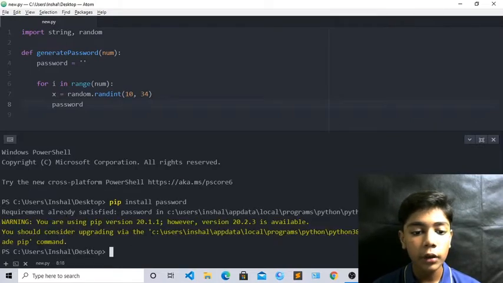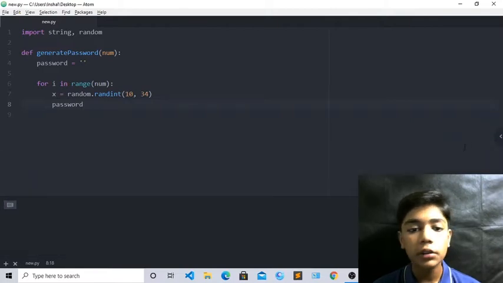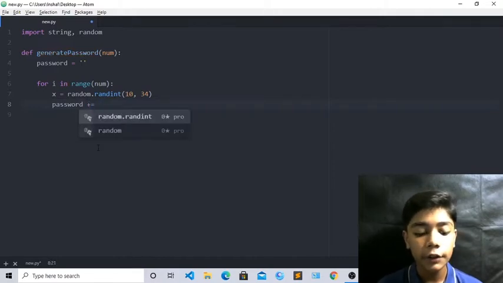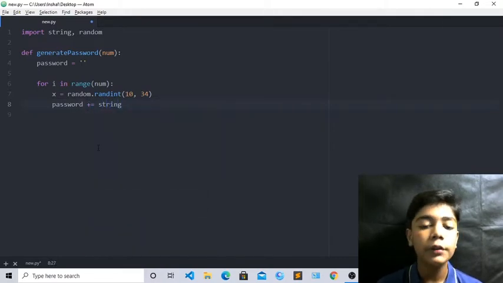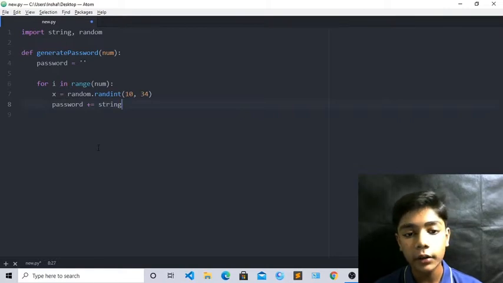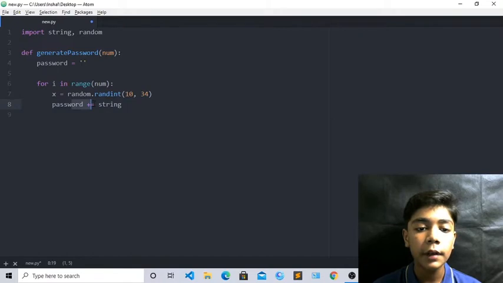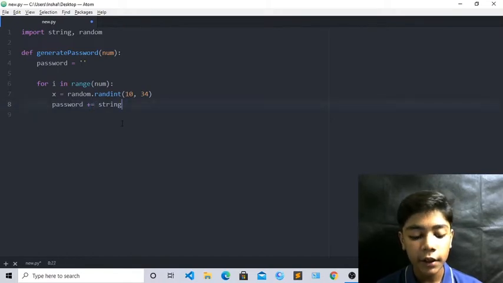Yes, requirement already satisfied, okay. Now just close it, come over here. Now we will define a string with it. Now write plus equal, which will be string, because we are defining password with a string. So we have to define a string also here. Now when you have defined password plus equal string, we have to write here dot printable,